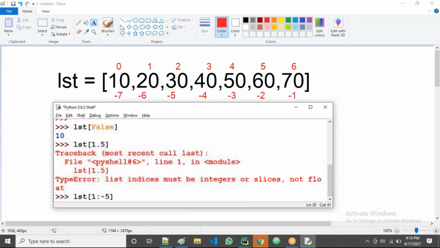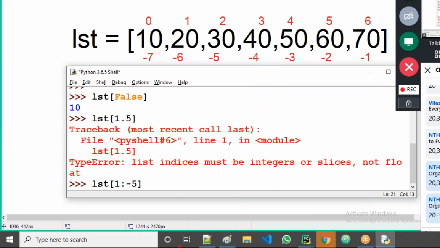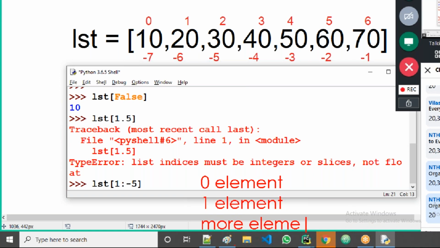In case of slicing, there is a possibility of 0, 1, or more elements in the result. That's why the result must be in square brackets.